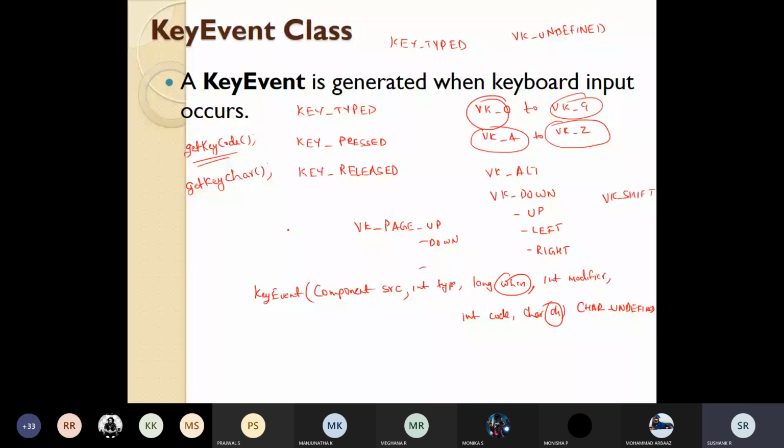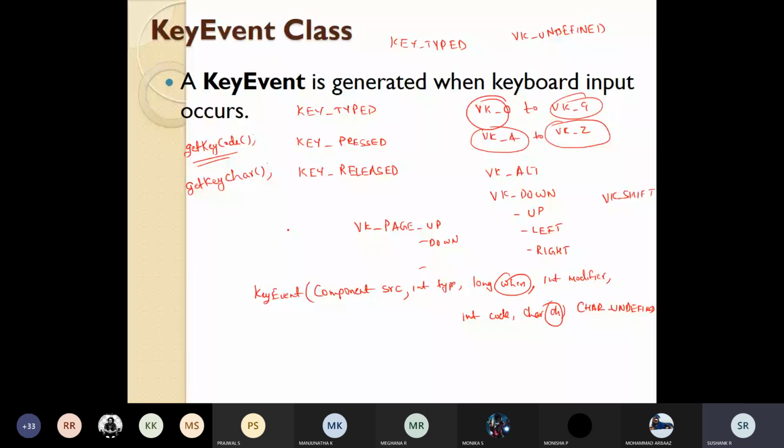When the user presses the mouse, we'll get MOUSE_PRESSED. We have MOUSE_PRESSED, MOUSE_CLICKED, and MOUSE_RELEASED, when the user has released the mouse.